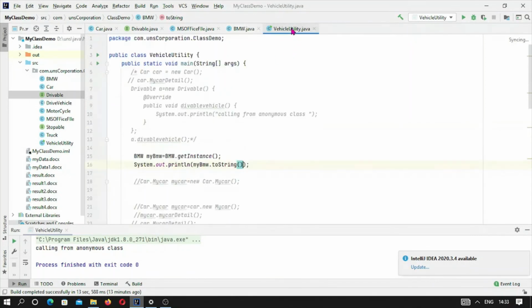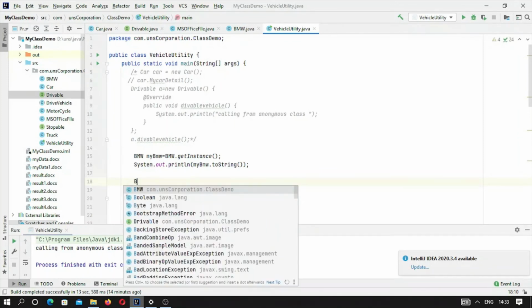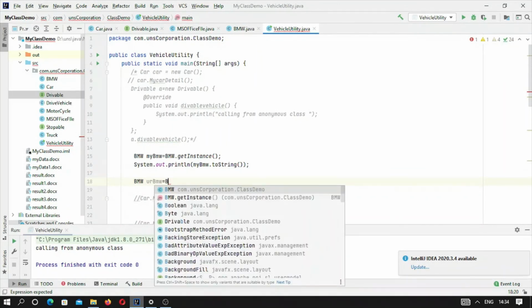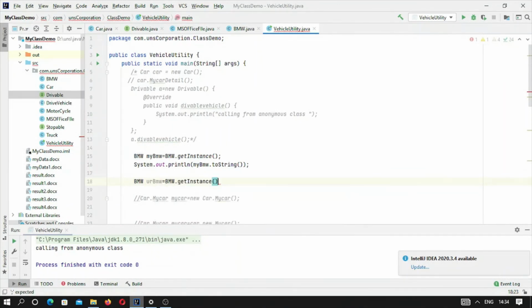Okay, so in a vehicle we have created this, and now how can we see this object is restricted to one only? Let me create another object also. BMW, and this is your BMW, equal to BMW.getInstance.